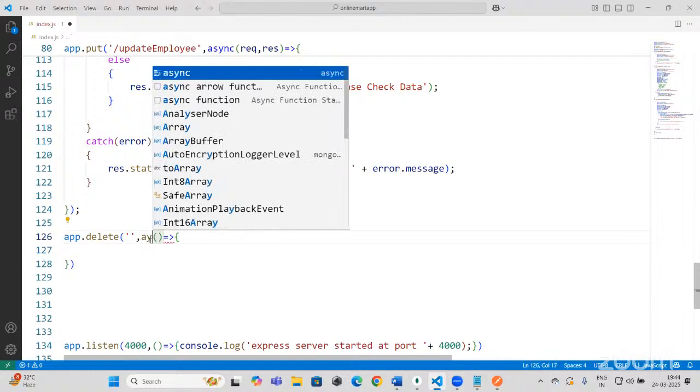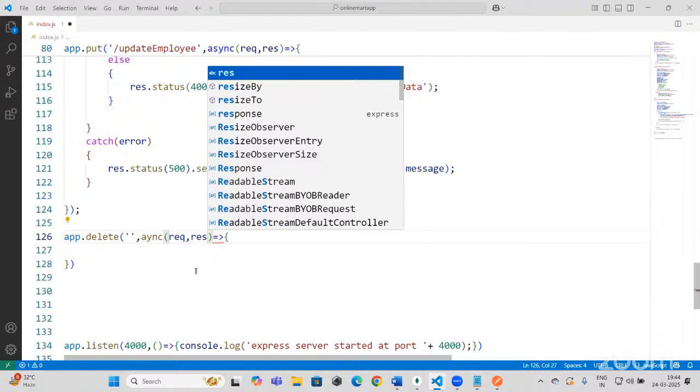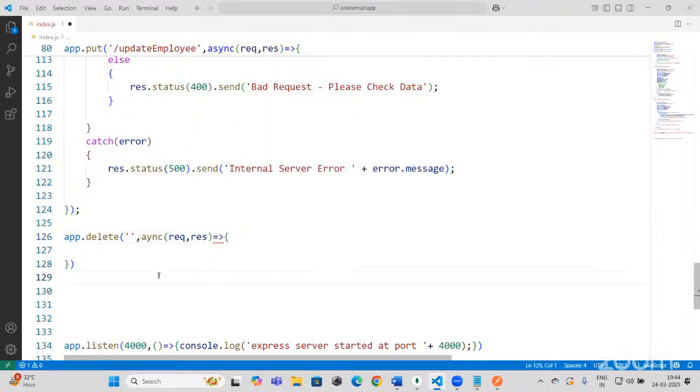Asynchronous, request object comma response object. Now you can delete an existing product only. So that's why, again,